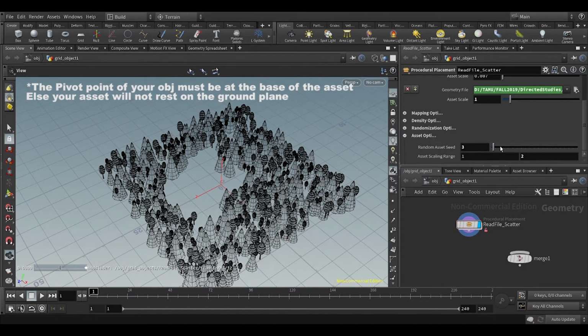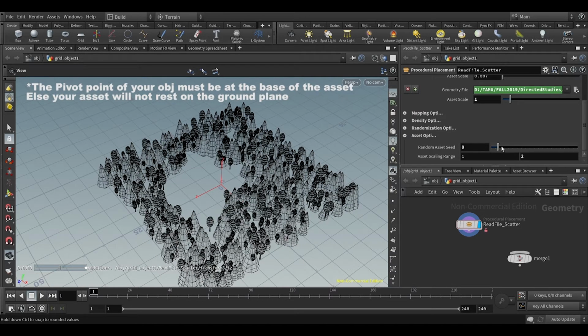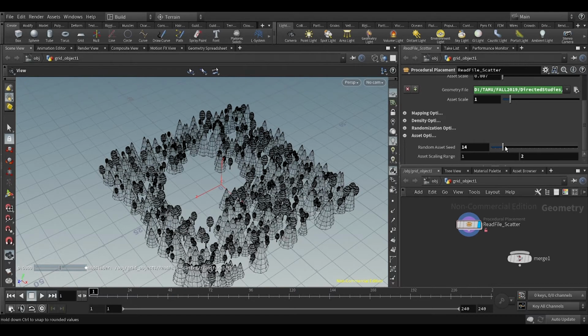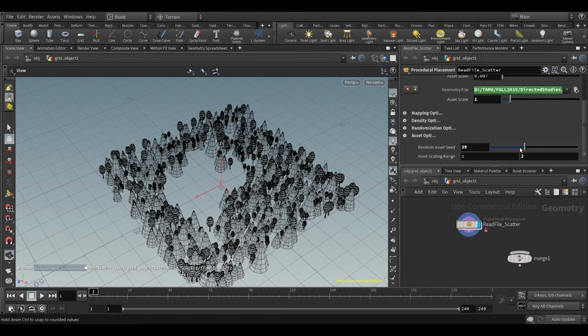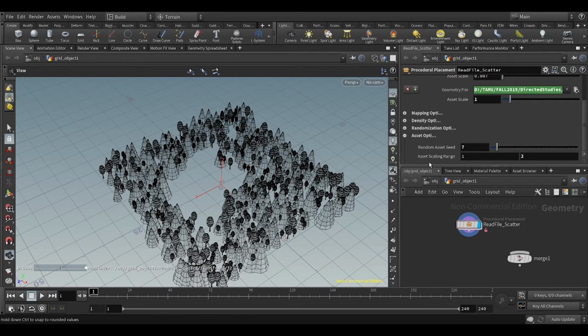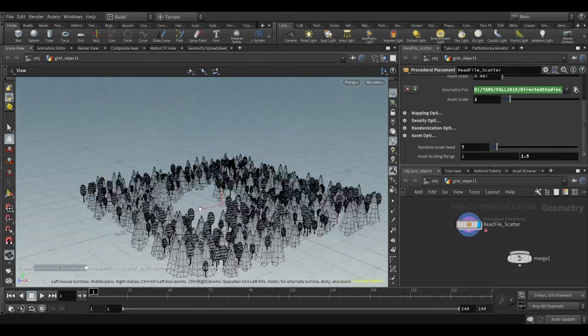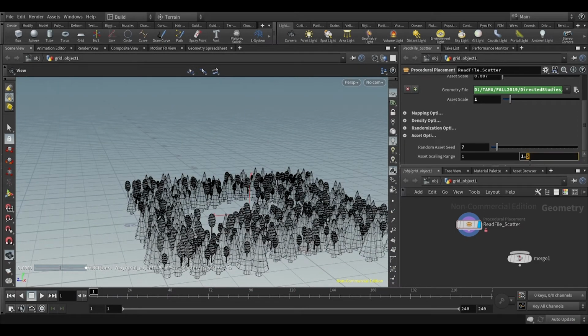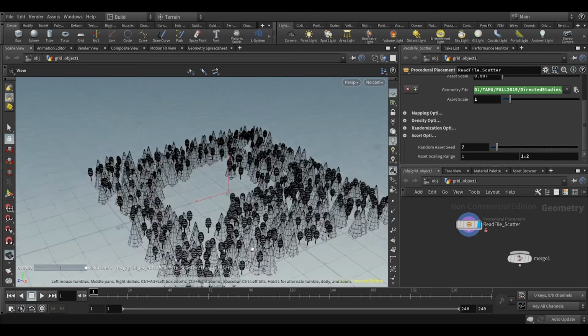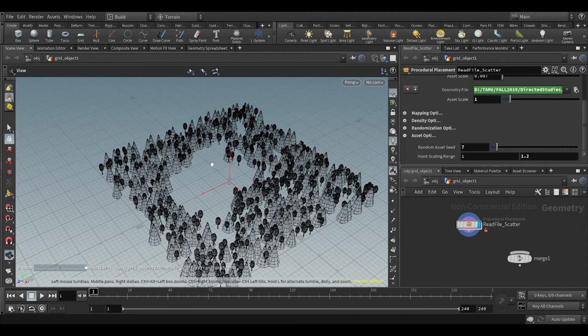So now when I change the random asset scale, the points remain the same, but the order in which the assets are placed changes. So in the same point, there will be different assets as you change it. So the points don't change. And I also have an asset scaling range that affects the scaling range of both the assets. So if I change the scaling range from 2 to 1.5, the scale of the entire thing changes. So when I decrease it to 1.2, so yeah, as I add one more asset,